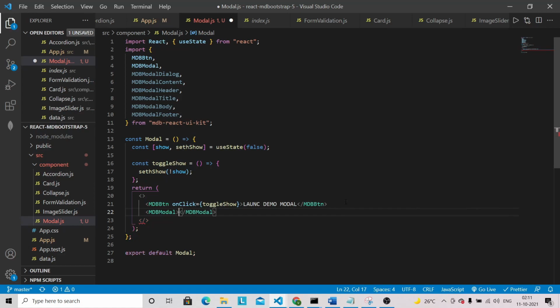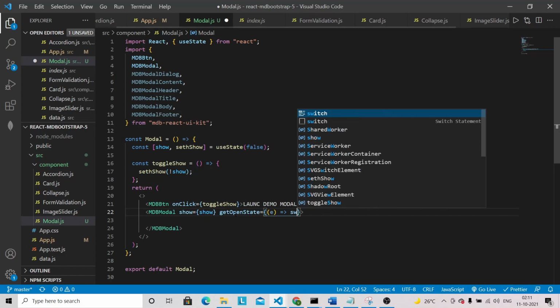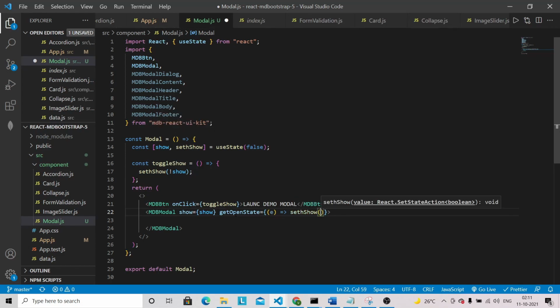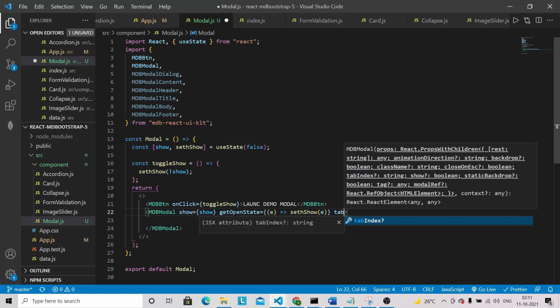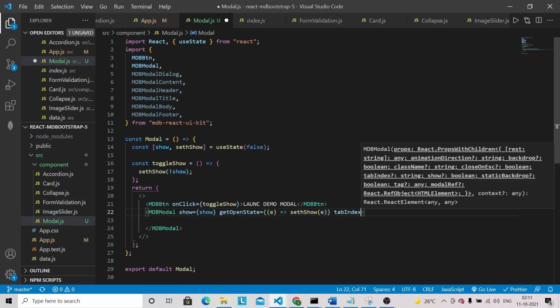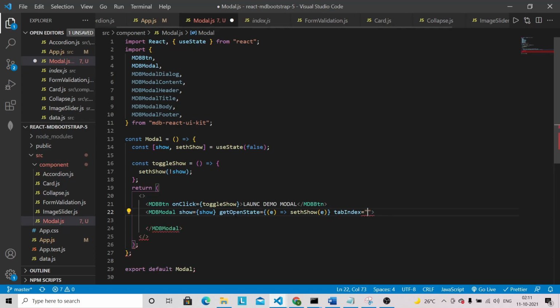Inside that we are going to have show, so I can just pass this state here as it is, then getOpenState. These are all the props we need to provide here: setShow, and we also have to give a tabIndex, which will be -1.